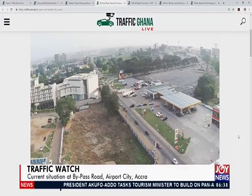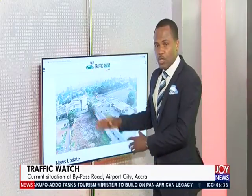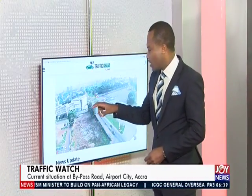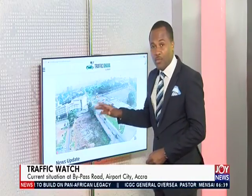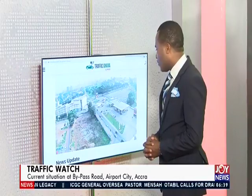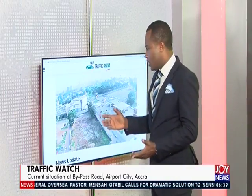You're coming from Tetekwashi. You want to make a detour from here. It's already packed. You're coming from the Spinters Road. You want to just make sure that you do that detour. You still definitely will be in traffic right through to the airport roundabout. You're going to the airport. You have some bit of time, and just in case you're in that car, you're waiting to get through to the next route because of traffic,